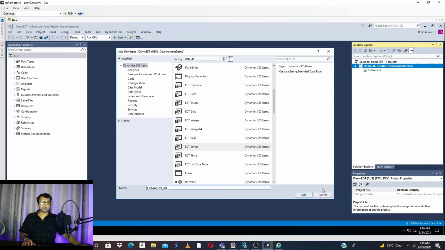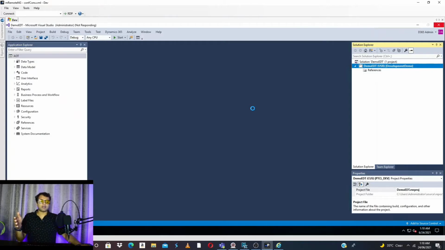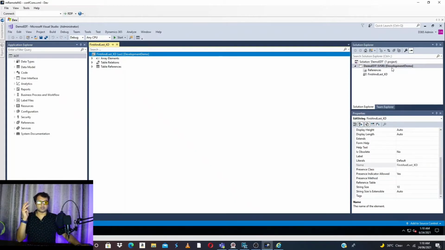Normally it is stored separately, but I want to capture it in only one field. So I have created it of a string type and suffixed it with my name underscore kd. That will give us an idea that this object has been created under this user layer and under the development demo model, and the development is done for demo purposes.